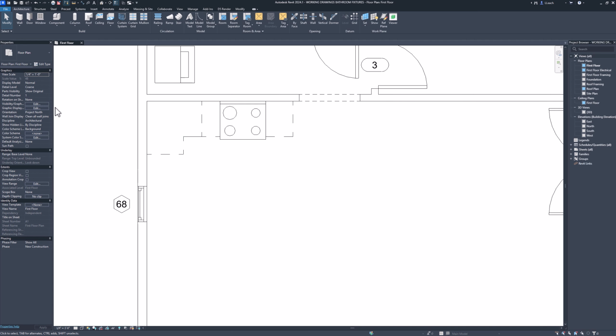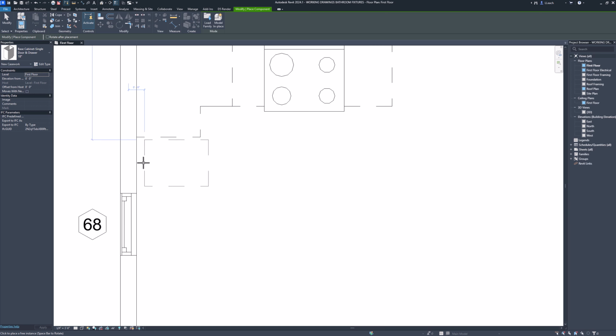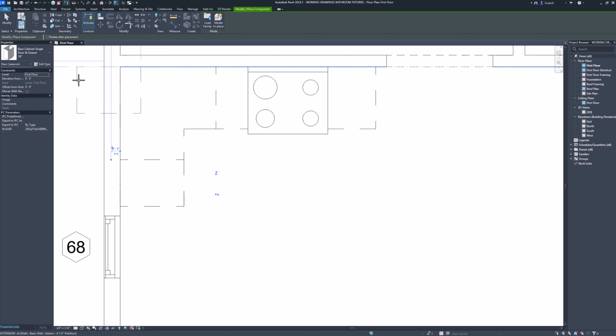So I'm going to need to go up to my Component. I'm going to bring in that same 18-inch single door and drawer. Again, it's not oriented the way I want, so hit the space bar. It's going to go like this, kind of place it up against that one. The next one is going to be a double door sink unit. That one is not in our template, so I'm going to go up to Insert,